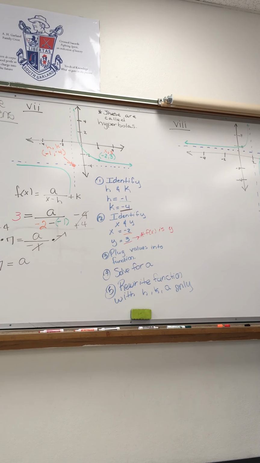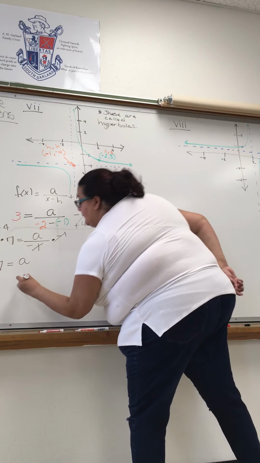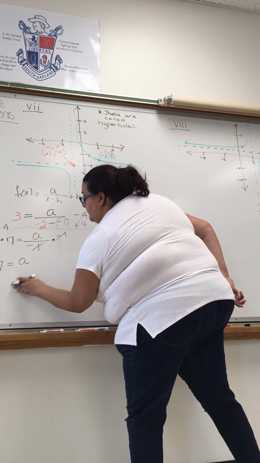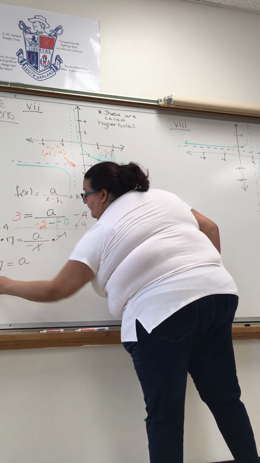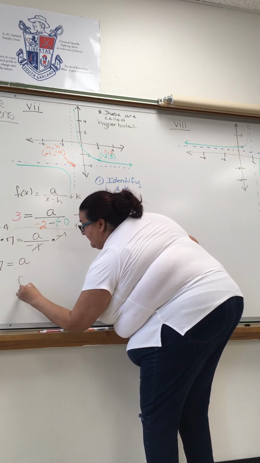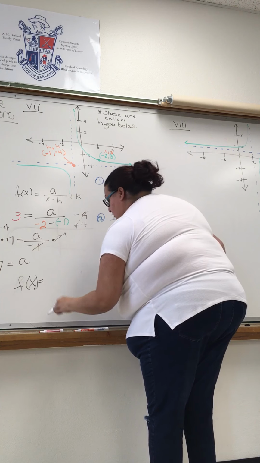Rewrite the function with h, k, and a only. So if I go ahead and do that, I say a is equal to, oops, not a, f of x. Sometimes I go fast, you know me. f of x is equal to